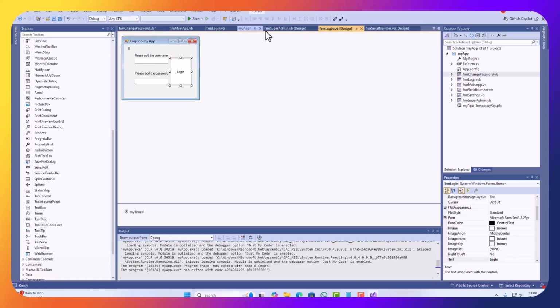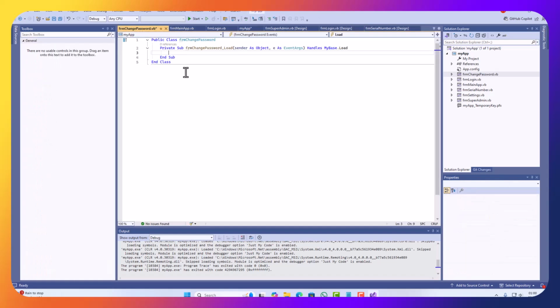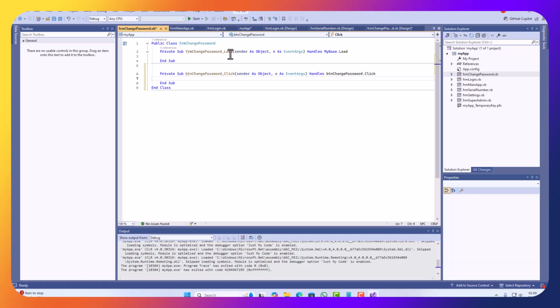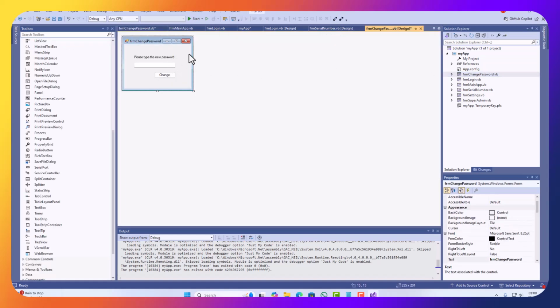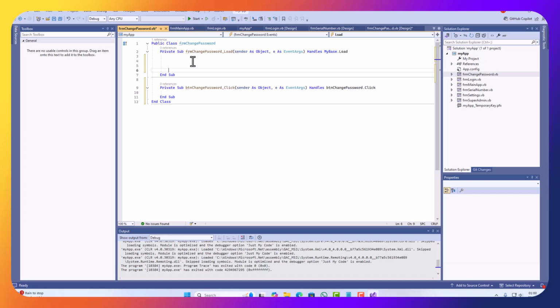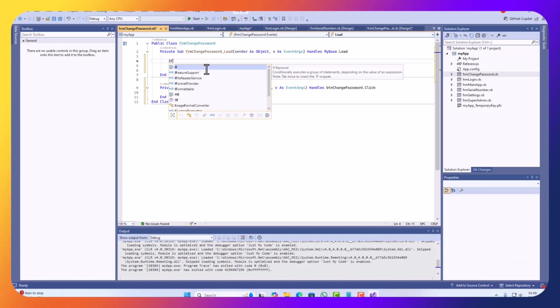So let's go to change password. Okay. So we are on the change password and double click on the button here. So this is our button. And if we go to change password, if we double click on the actual form, this is the form load. Okay, so we need to create an if statement here to basically display the current password of the user. So we'll say if